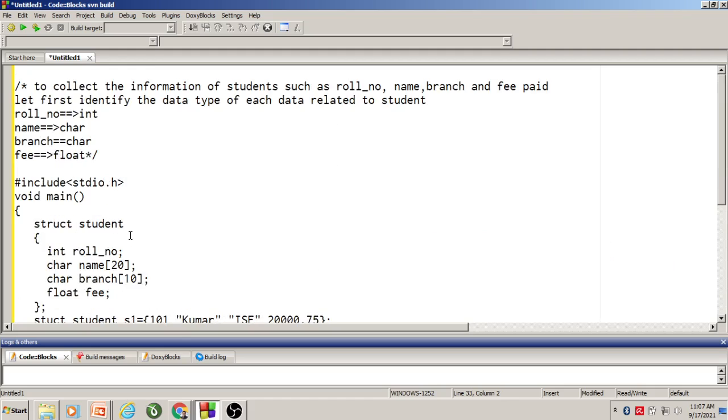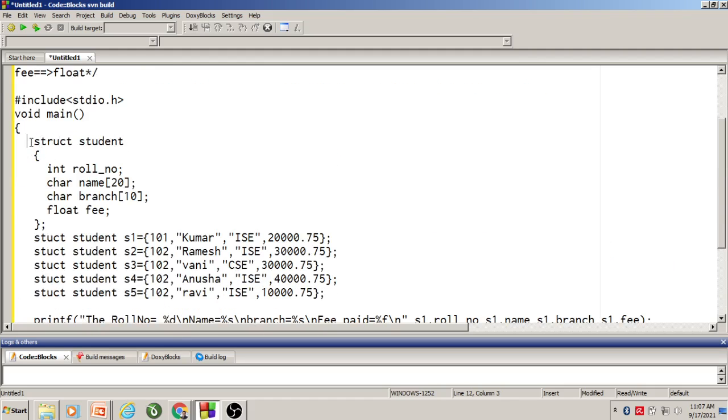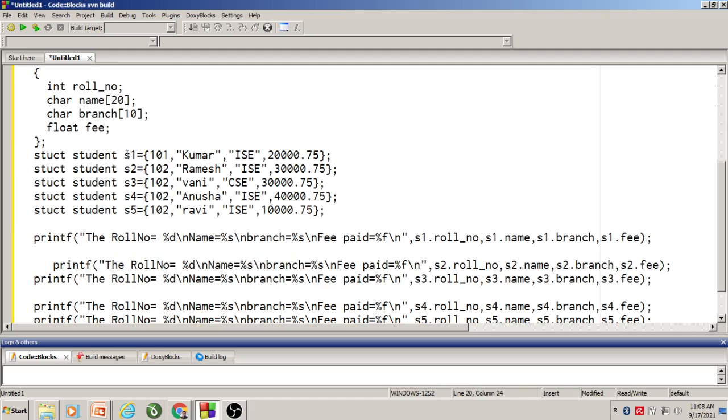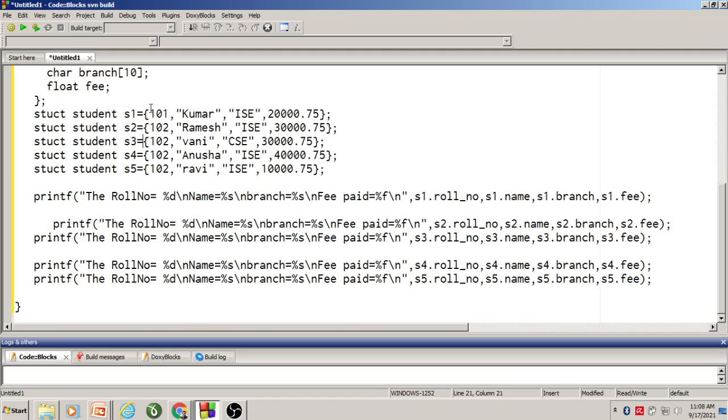I repeat: here we are declaring a structure and collecting the information such as roll number, name, branch and fees. We have declared 5 structure variables. Each structure variable represents a student and we are assigning the values to the structure members.